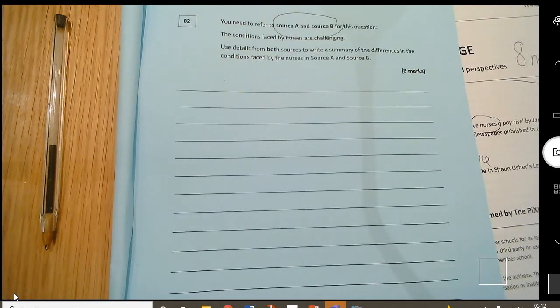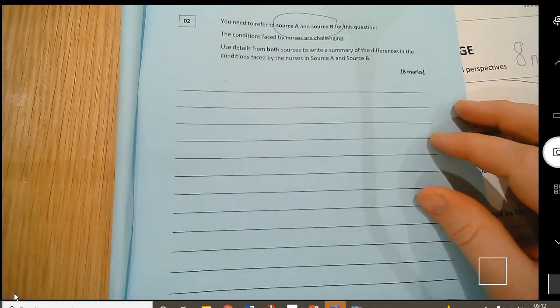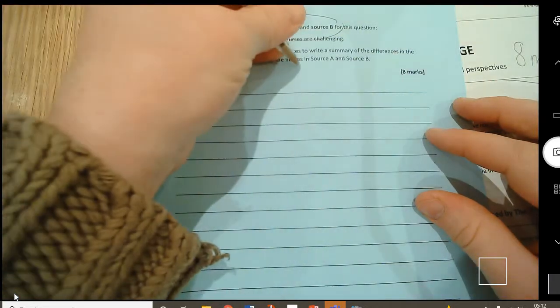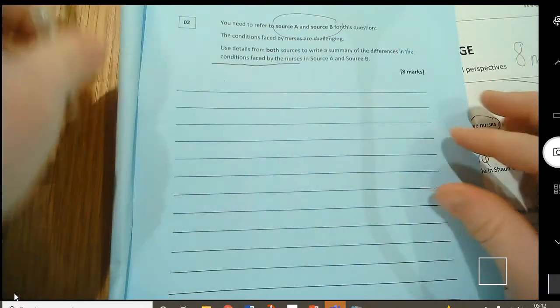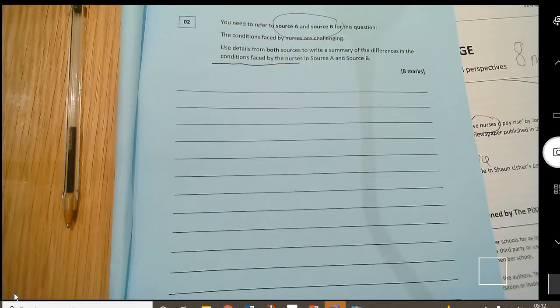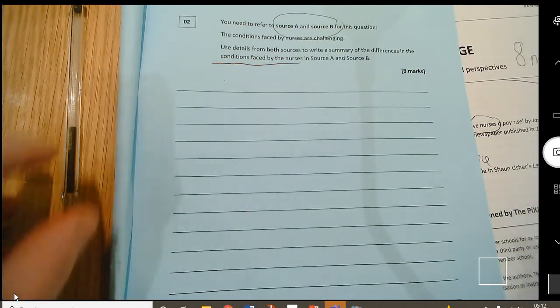And question 2 is one of 2 questions in this paper that asks you to compare both sources. But as you can see, it wants you to compare them about a specific thing. In this case, the conditions faced by the nurses. So this is what you need to be thinking about. And the best way to start is to make a plan where you're outlining the key points from both texts that you could write about. A bullet point list would be fine, or even a numbered sequence that you're doing from important things in the